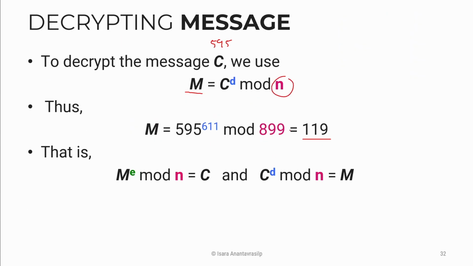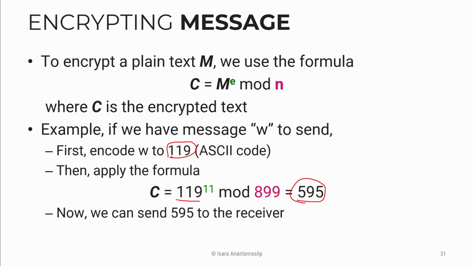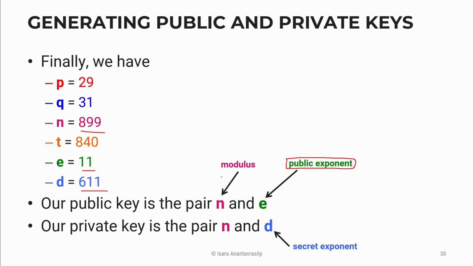N is used by both the receiver and the sender, because this is a common modulus that is sent, that is also part of the public key. So everybody knows this. What the public doesn't know is where N comes from. It comes from these two numbers. But if we select an N that is small, you can factor this number quite quickly by pretty much brute forcing.